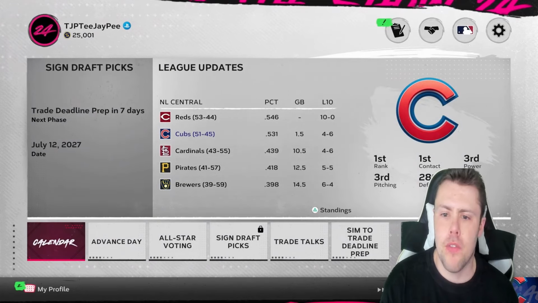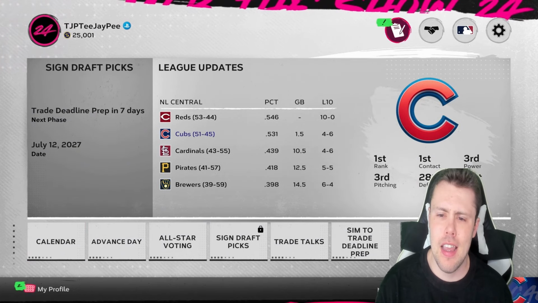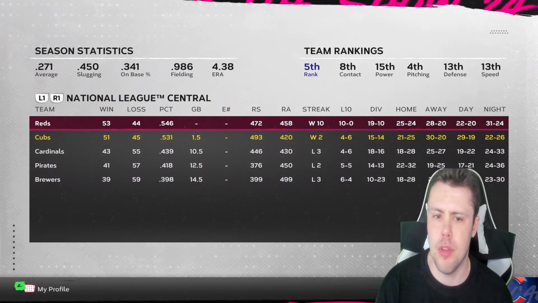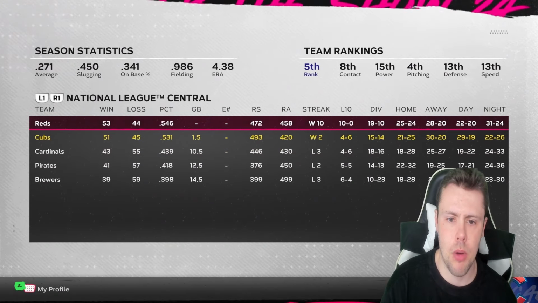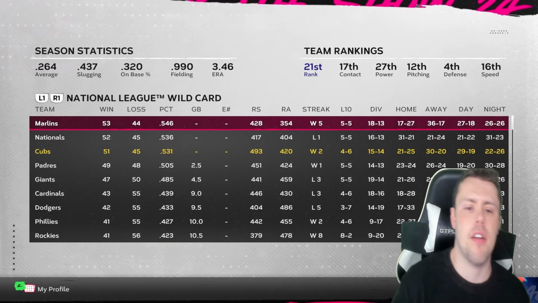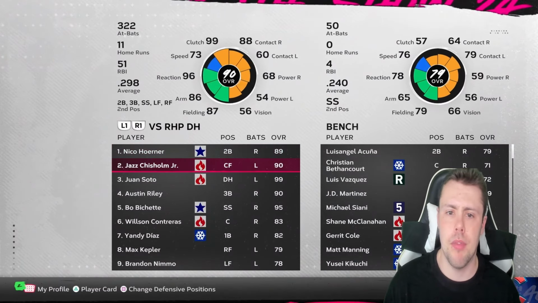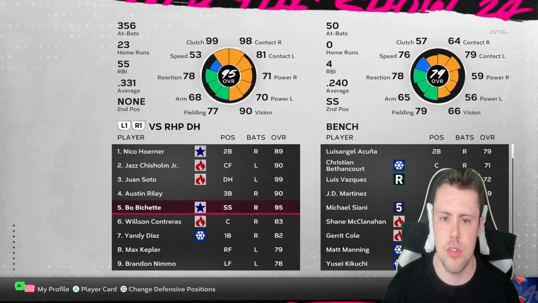So we're 51-45 at the All-Star break, which could be better, but we're only a game and a half back against the Reds. Look at the standings. I mean, we are one of the better teams in the league. We have a wild card, 2.5 up on the Padres. I mean, I'm not making any moves. This is going to be the team, but I'm just going to see who's struggling and who's...